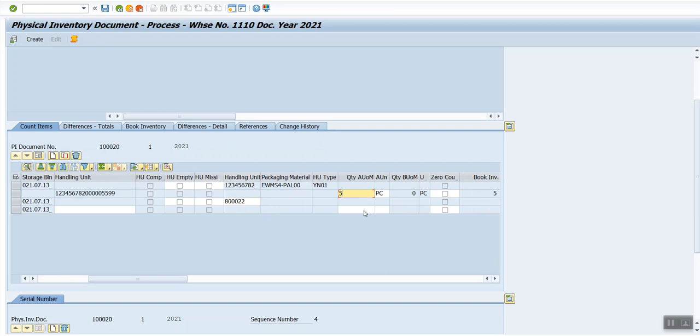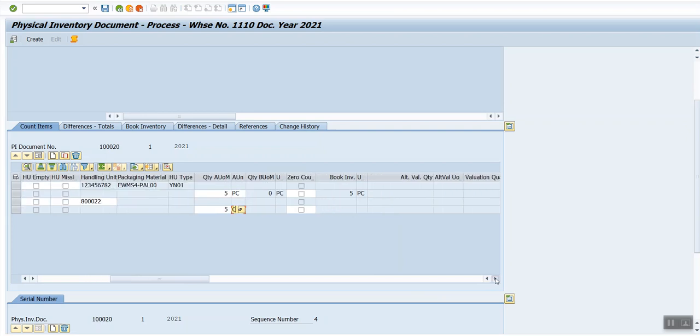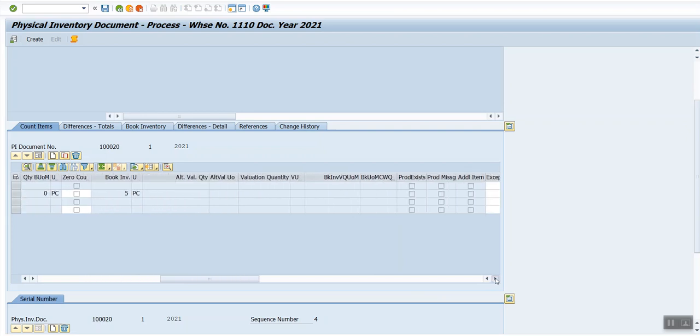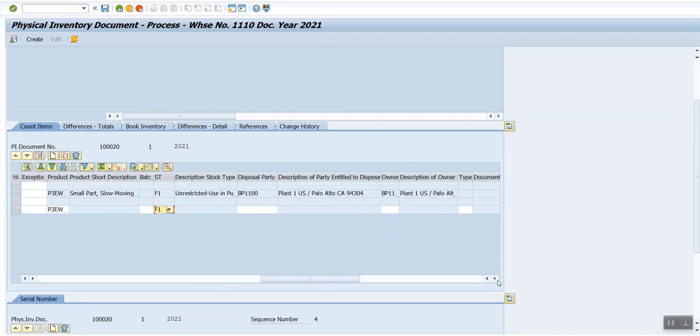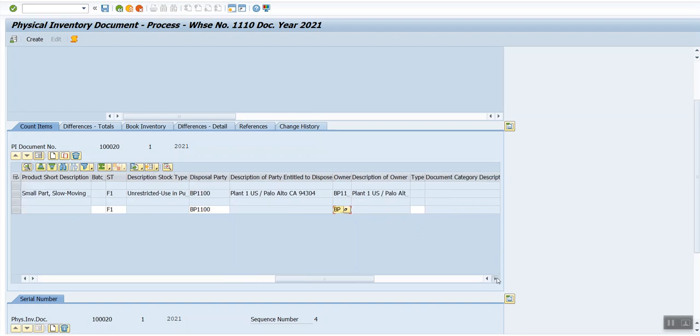Here the counting quantity also I am entering directly, five pieces in each handling unit. All the remaining information we can just copy and paste: the material number and the stock type. All information I am copying and pasting, even the owner. I think that's it.